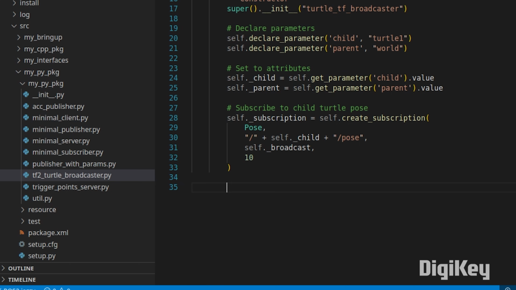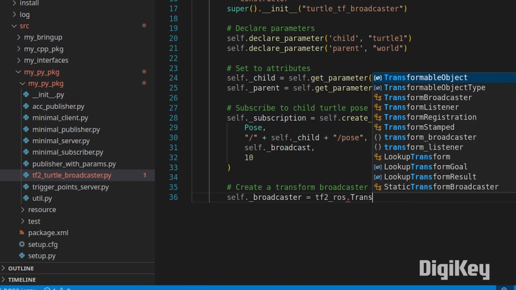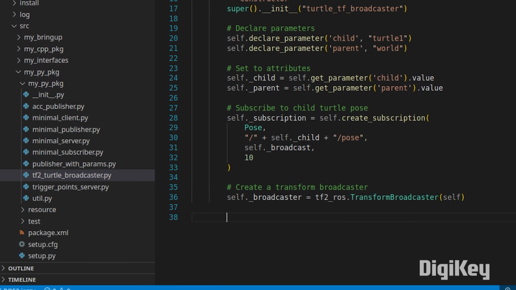And then we declare our callback, which is going to be self._broadcast, as that's going to be a private function we're going to make. And then the buffer size, which is just 10. The idea is that every time a new pose is published, which is happening a bunch of times per second, this broadcast function gets called, and we're going to use a TF2 ROS transform broadcaster to send out that transform